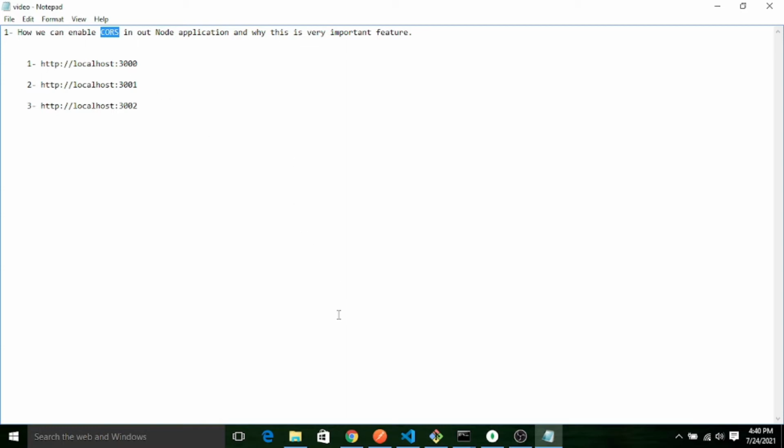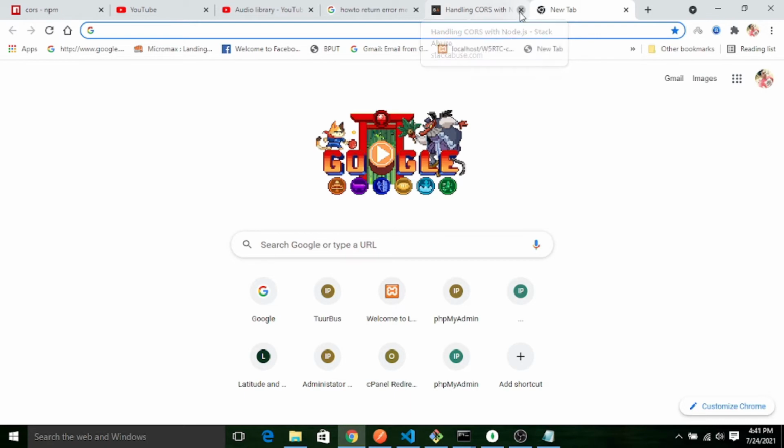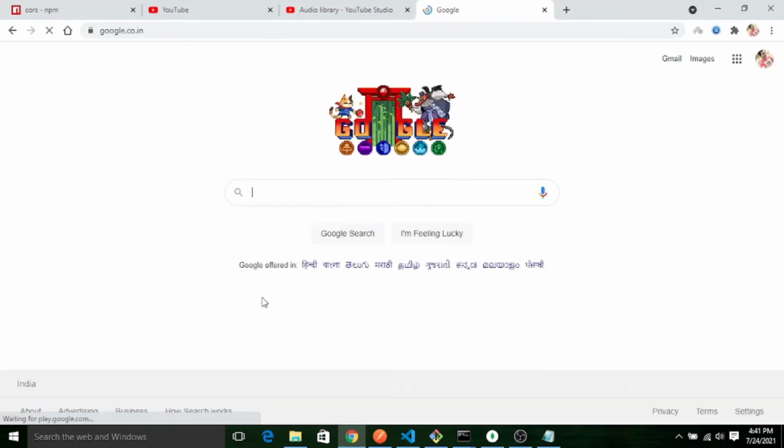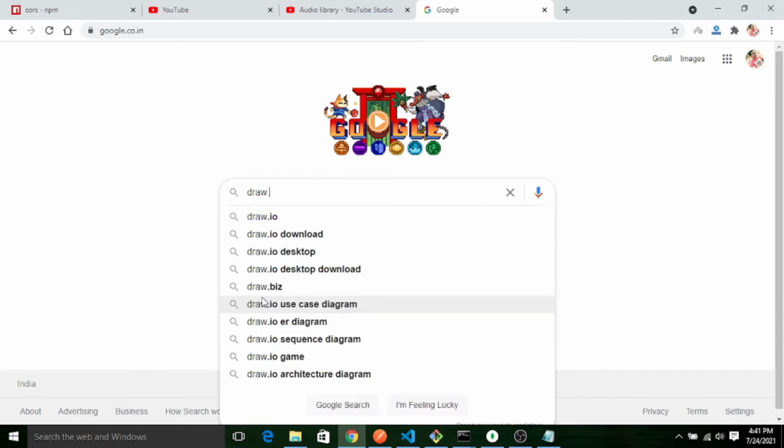So let me draw an architectural diagram and I'll explain it in a better way. Let me go to my browser and open draw.io.